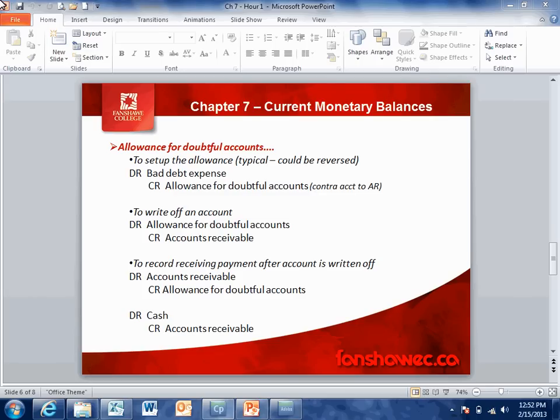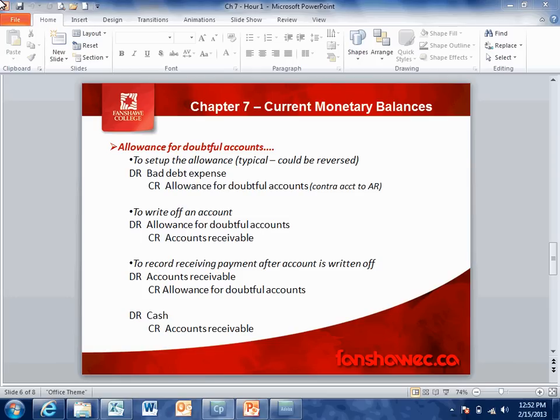If you think about it logically, we can't just debit cash and credit AR, because John Smith is no longer in AR. When you go into your accounting system to try and post it, you can debit cash, but when you go to apply that payment, there's no account there with John Smith owing us money. All right? So what we need to do is first reestablish the receivable. And the way we reestablish the receivable is to reverse the